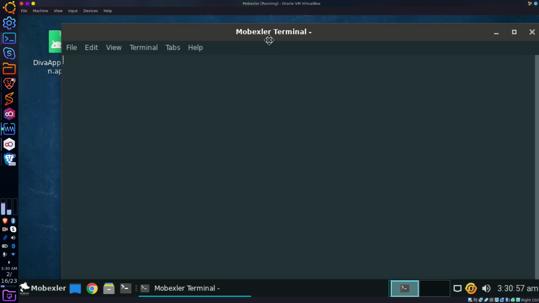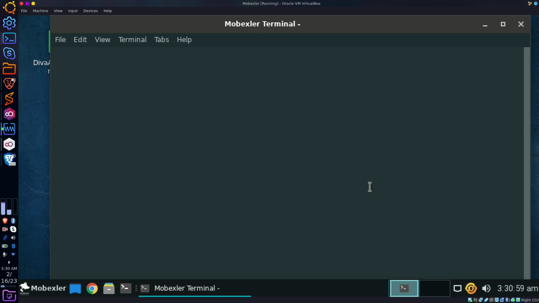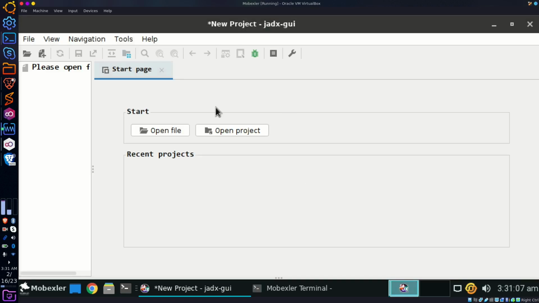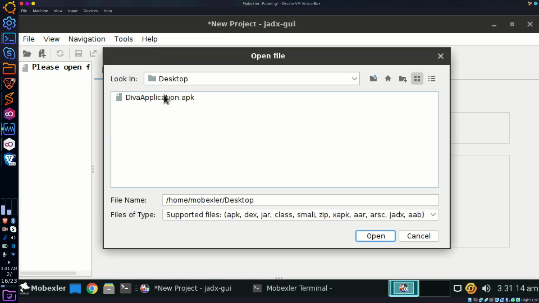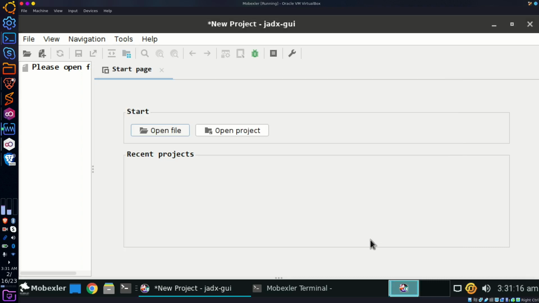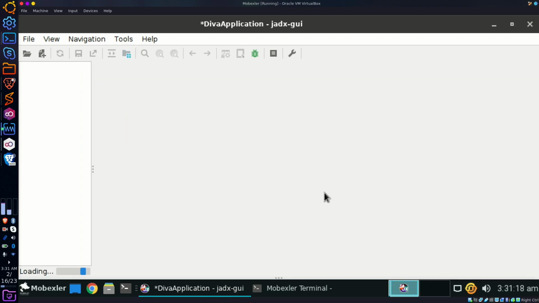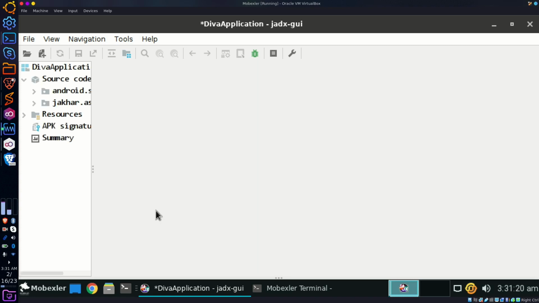MobAxler terminal, they are opening the terminal. Yeah, open it. So simply open the file, go to the desktop. This is the file, I'm opening it. You have to wait. See, it's much faster than the bytecode viewer I was using, and I think it's the best tool for